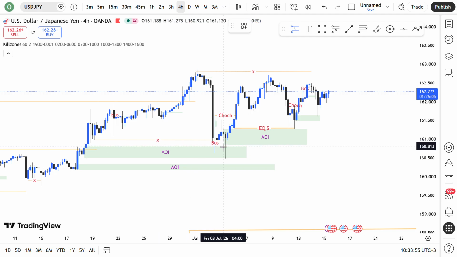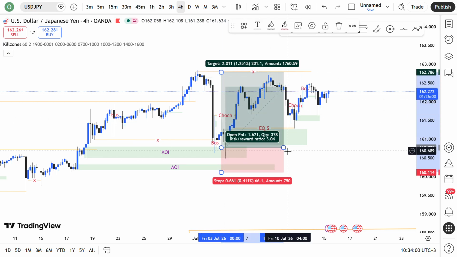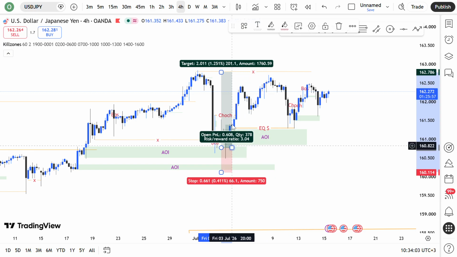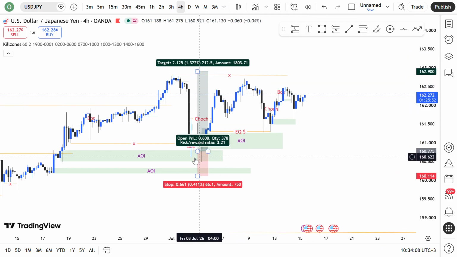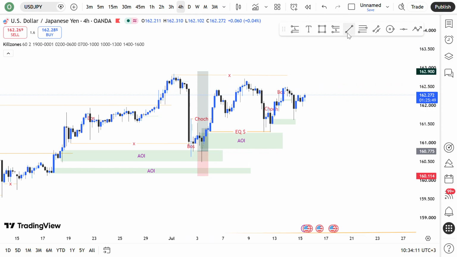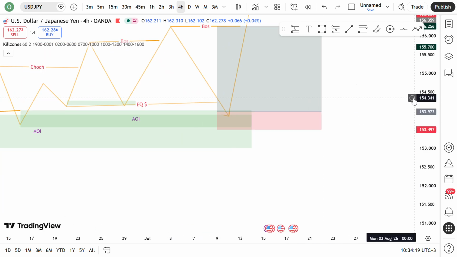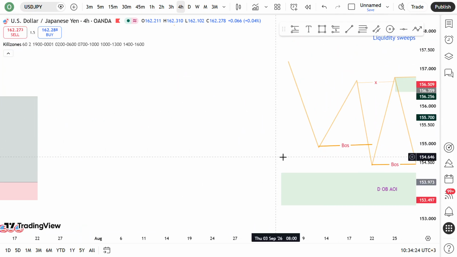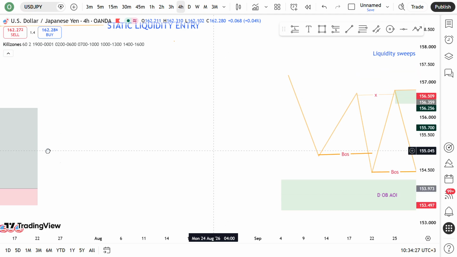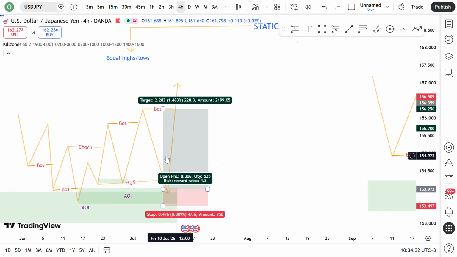So we can execute our trades from this order block. After this liquidity has been swept out, we can execute our trades from this order block and target maybe the opposite high. And clearly you can see that when the price came here, the price swept this liquidity. Something I was demonstrating on this model. This will come and sweep this liquidity, the equal lows lying here,